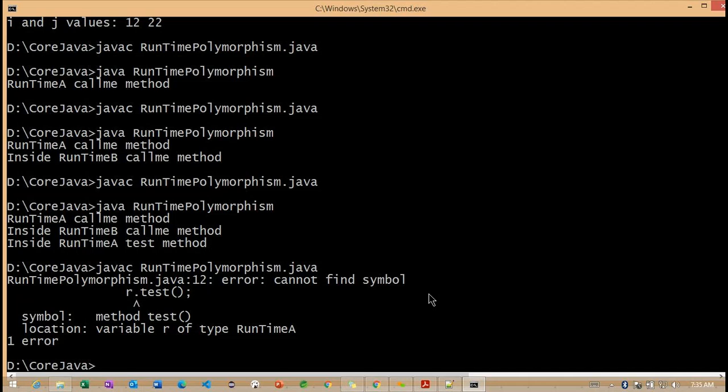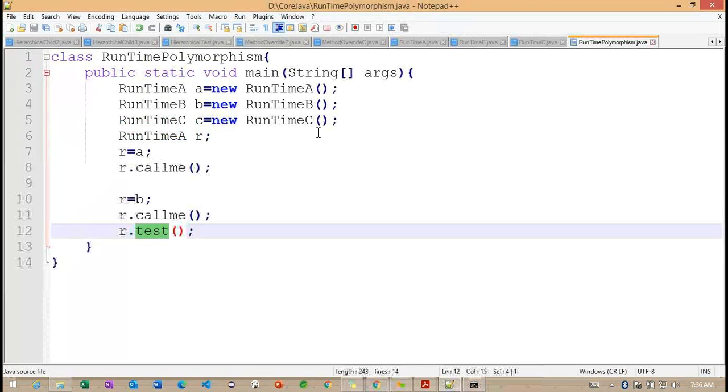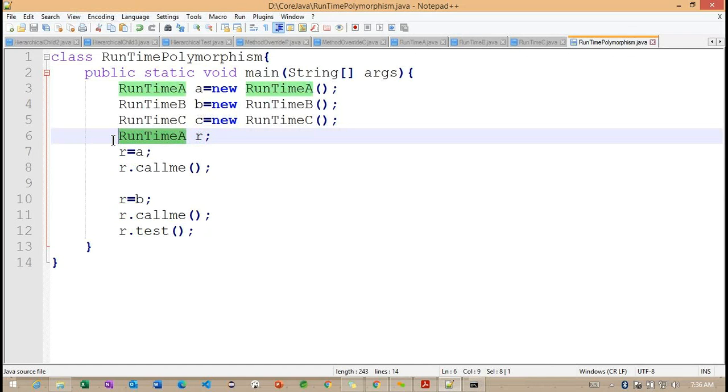While compiling this particular class only, we are getting an error here. Getting the point? Right. So basically, R is a runtime A class reference here.